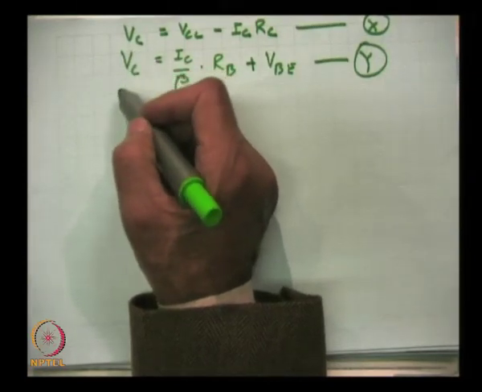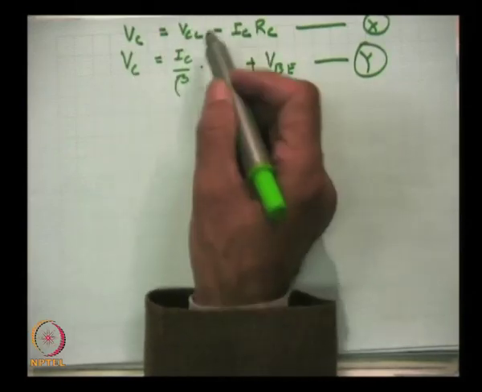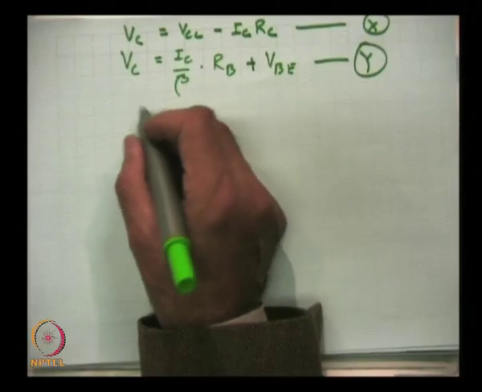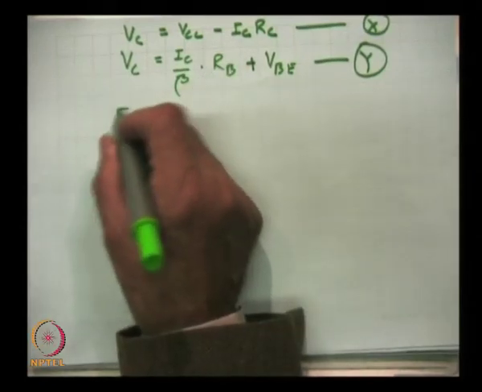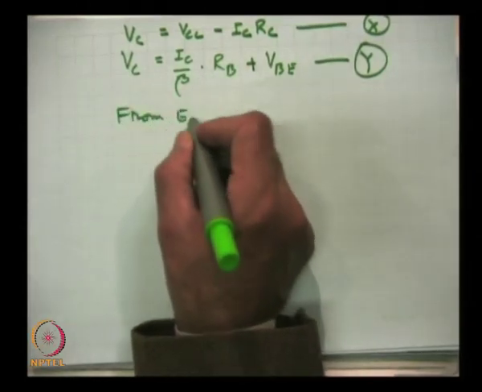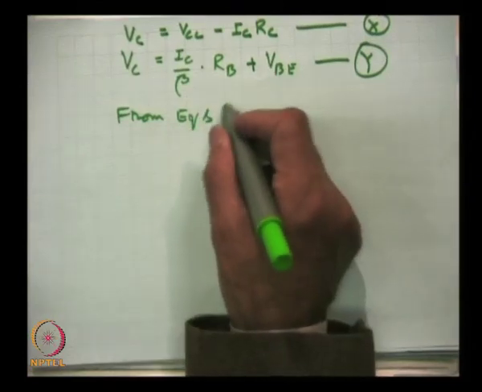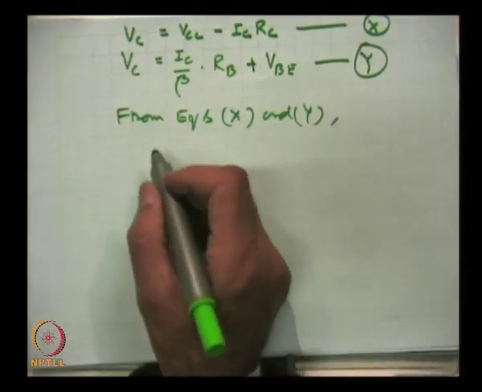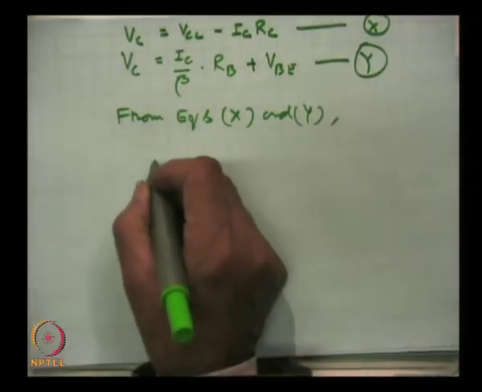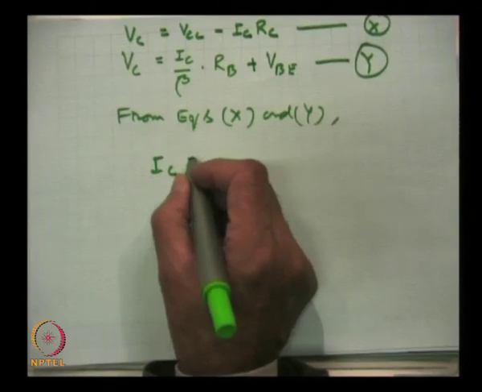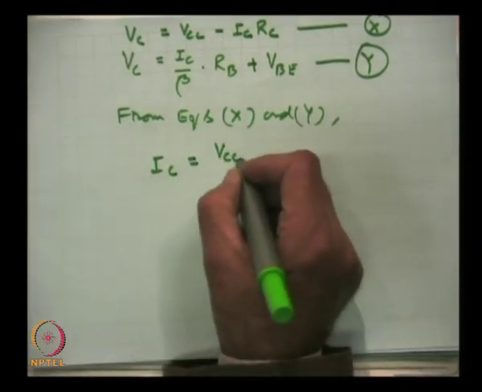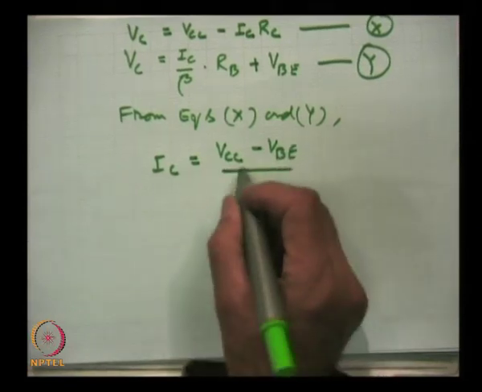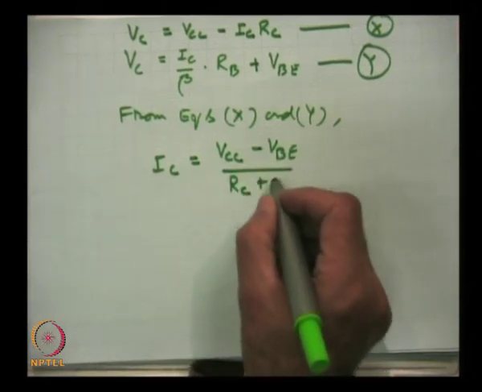So this is to be eliminated, and from equations X and Y, we get IC equal to Vcc minus VE, RC plus